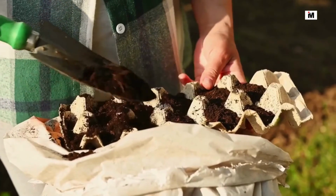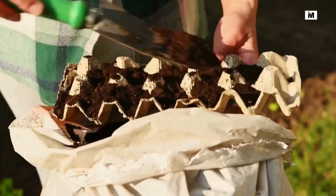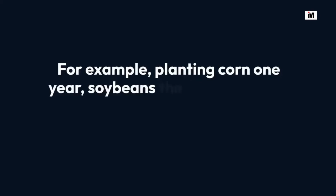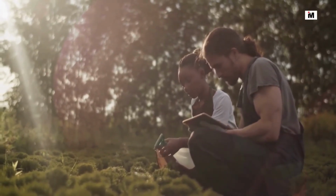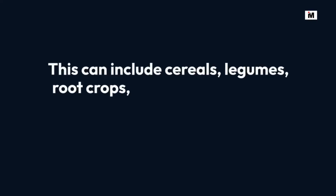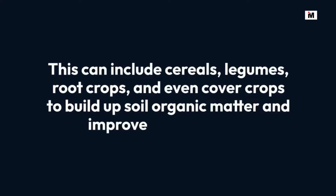2. Types of crop rotation systems. Simple rotation involves alternating between 2 or 3 different crops. For example, planting corn one year, soybeans the next, and then a different crop like wheat in the third year. Complex rotation involves rotating a wider range of crops over several years. This can include cereals, legumes, root crops, and even cover crops to build up soil organic matter and improve soil